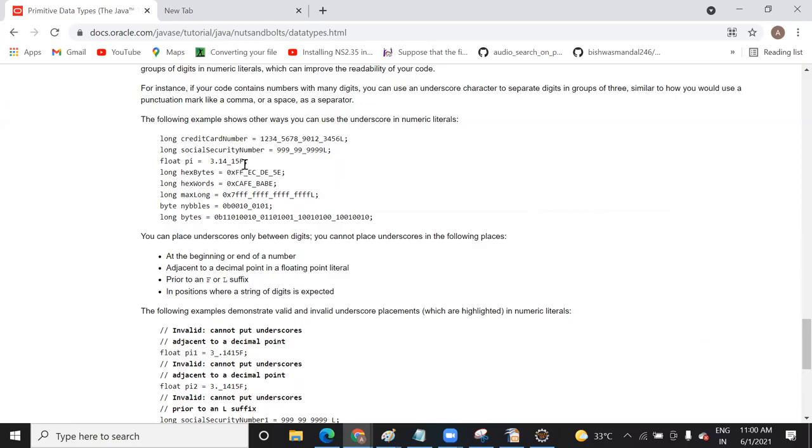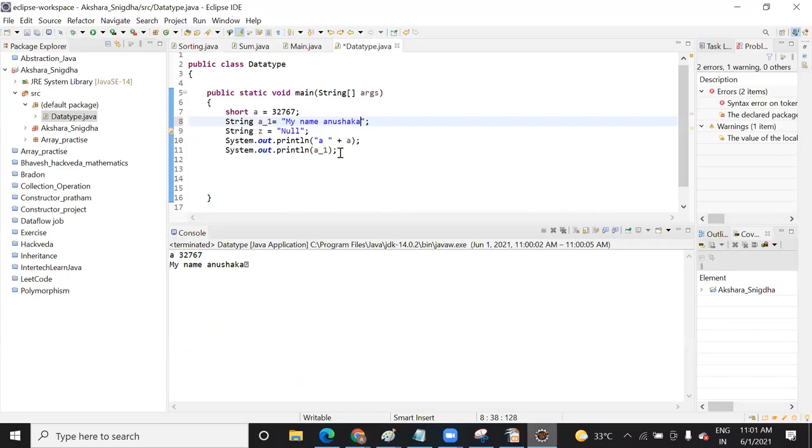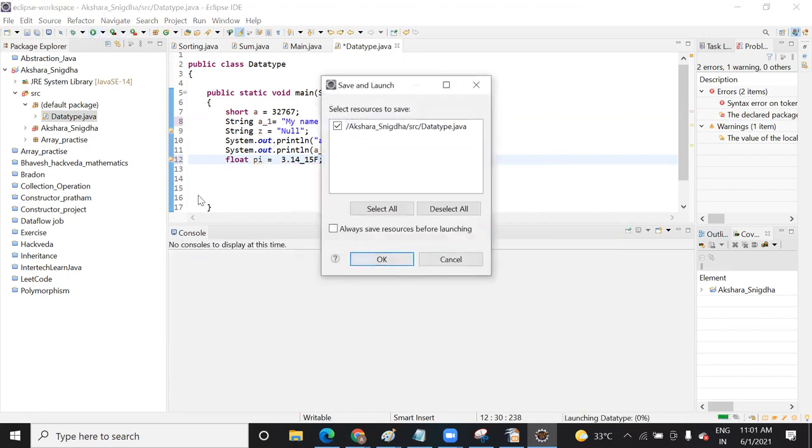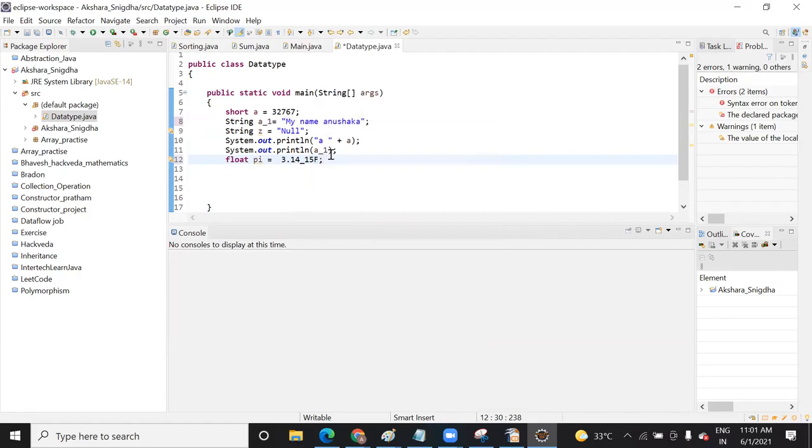But what is this underscore after 14? Sorry, I haven't heard, please repeat. After 3.14, I think there's an underscore. Why is there an underscore? Yeah, let's see this. You have to print it, right?